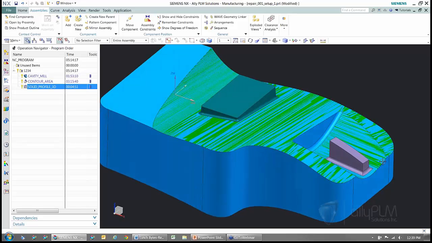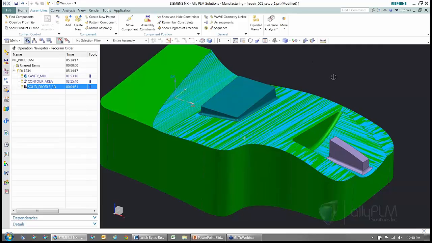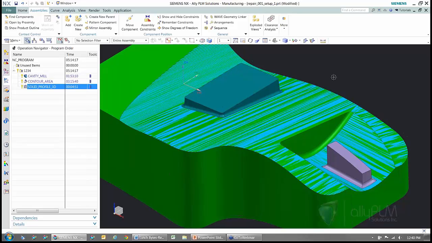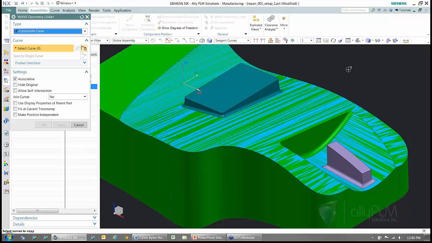In order to do this, one of the things that we can do in NX CAM is use an engraving operation to lay out the areas for the design change. This will allow the welding department accurate information so that they can apply the welding areas according to the design change. So the first thing we'll do to create an engraving operation is use the wave geometry linker,